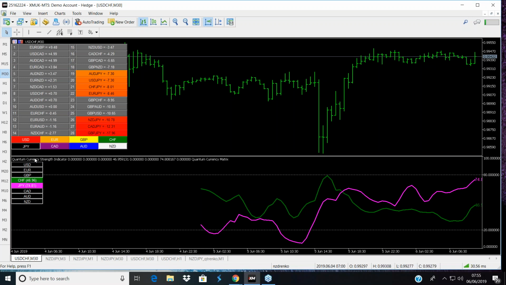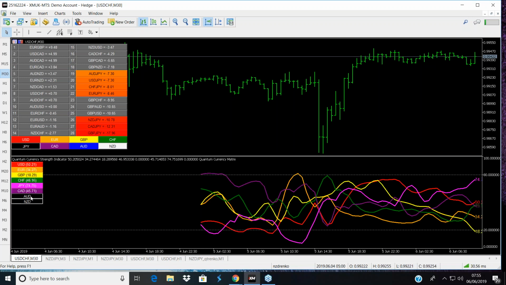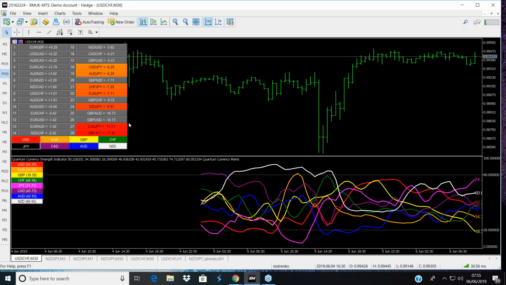And in fact, it's the pound yen, as we can see here. If I push these back, put the one back again, we can see where the strongest moves have been, and it's certainly been in the pound yen, which has been reflected in the CSI. So if you have the strength indicator and the matrix, then this is what I would suggest you do. You put them on the same chart,